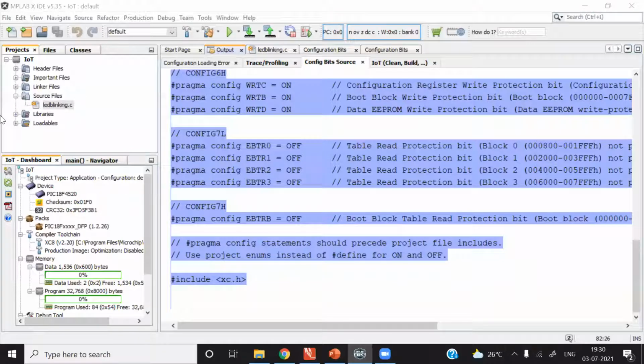Sir, what will happen if you use XC16 for this project? Our PIC microcontroller is 8-bit. So the XC16 compiler will not support 8-bit devices, and your code will not be compiled. Or even if compiled, I have not tried it, it will not work. For all 8-bit devices, the right compiler is XC8. XC16 is used for 16-bit microcontrollers.